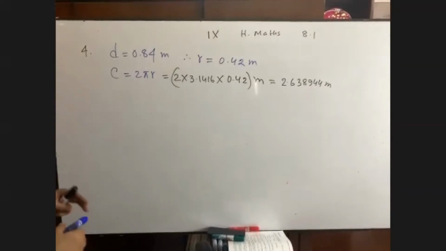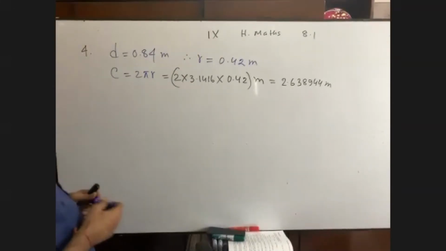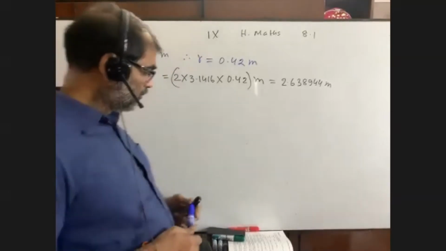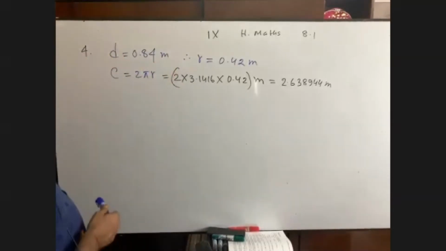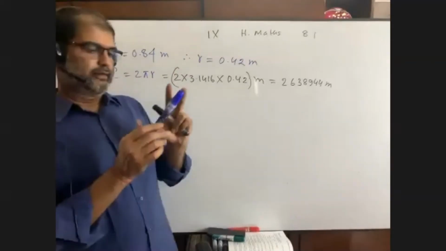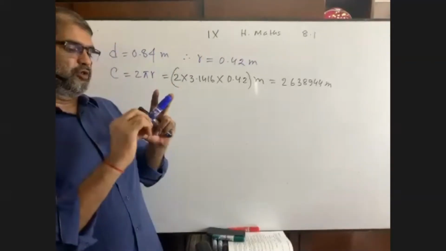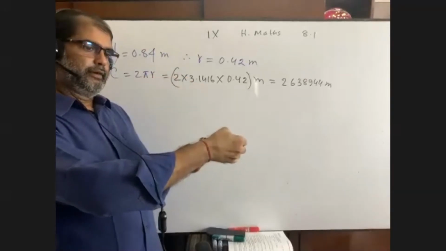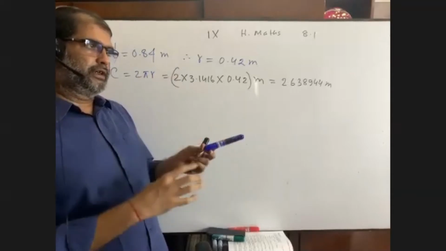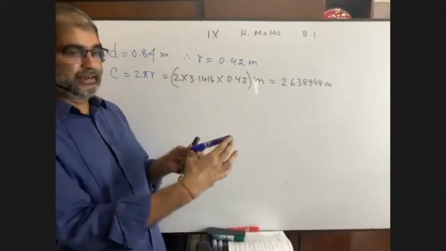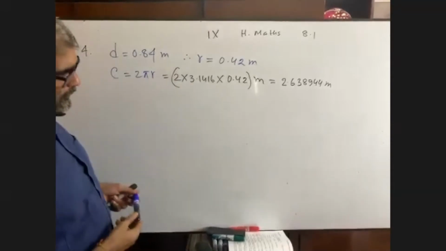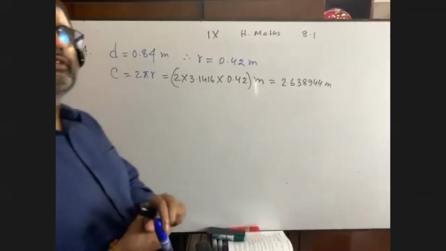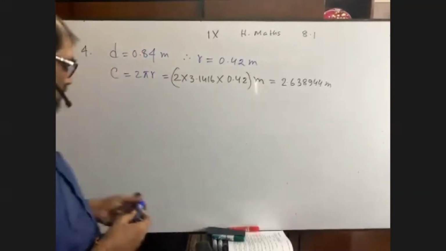This type of math you did in class 8. A wheel revolves one time. What is meant by this? Suppose this is a marker. It turns one time, it was here and now like this. Actually it travels a distance equal to its length. For a wheel, when it revolves one time, it travels a distance equal to its circumference. You write down.